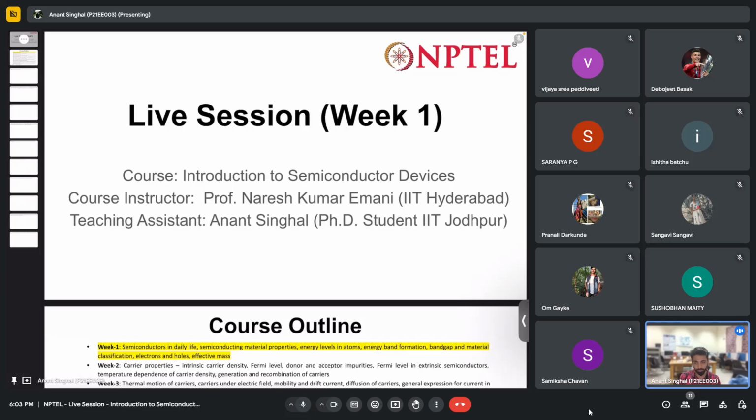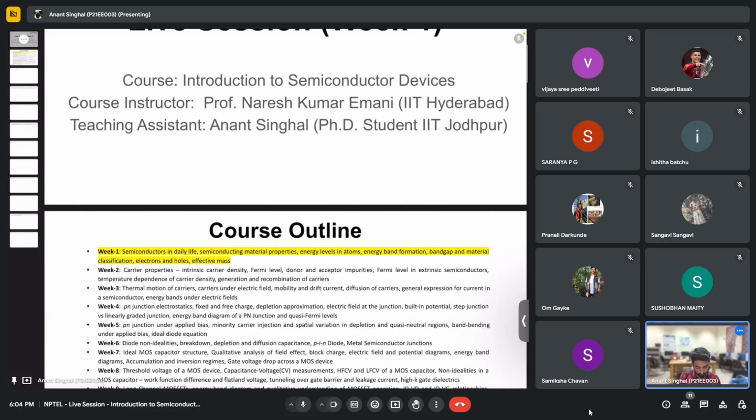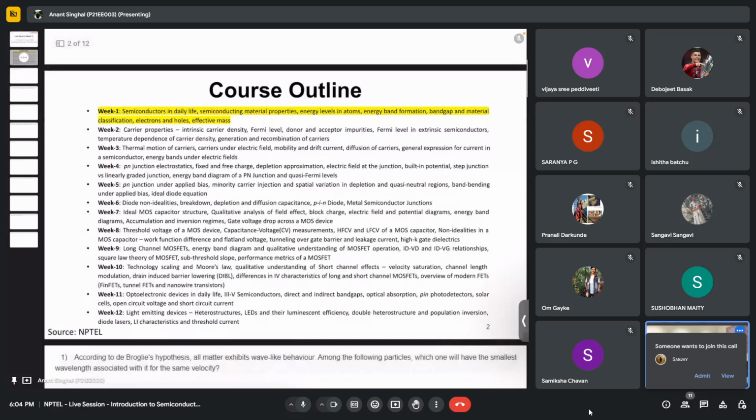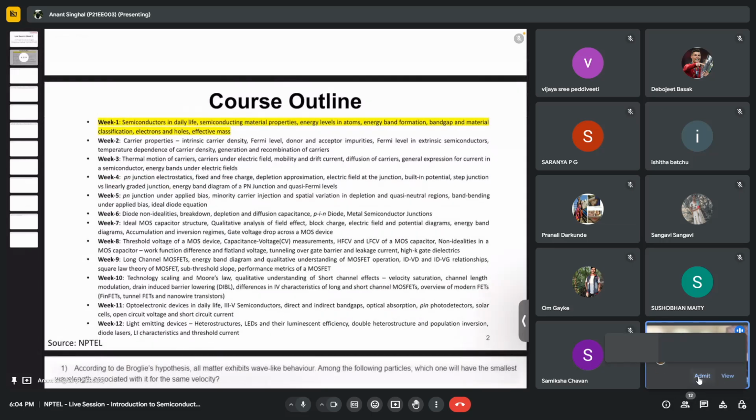So we'll be going week by week. We have a course outline in which we have classified certain topics for each week, and we'll try to solve very similar problems to those given to you in the assignments. We'll even try to solve some of the assignment problems if the deadline is there. So this is the course outline that we will be covering in the coming 12 to 13